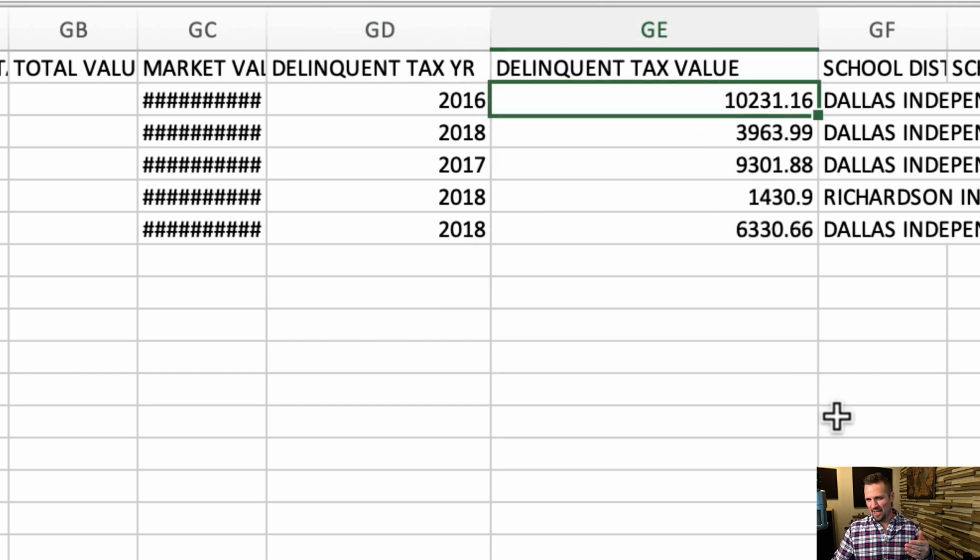And I'm not sure if that's saying that's the delinquent amount just in this one year, or that's the total cumulative delinquent amount from this year up until the present. But still, that information is there, and it does indicate what year they're talking about. I would presume in most cases, if it's been delinquent since 2016, or really anything more than a year, it's probably still delinquent unless somebody swooped in to pay it all off, which is not very likely. But anyway, once you do download the list, that much information is there at least. So it might not be in the initial filtering options, but you can see it once you actually get it.